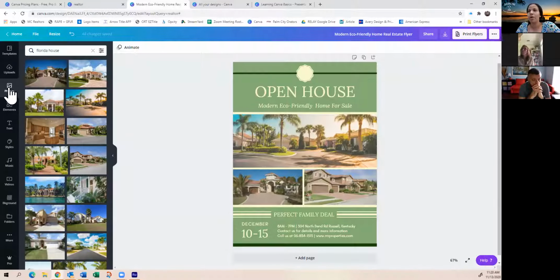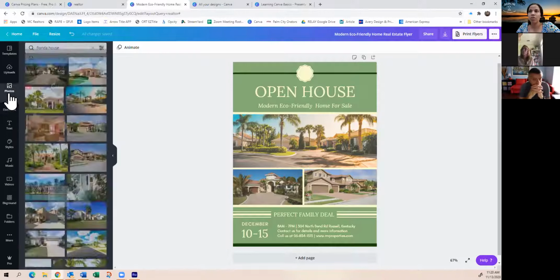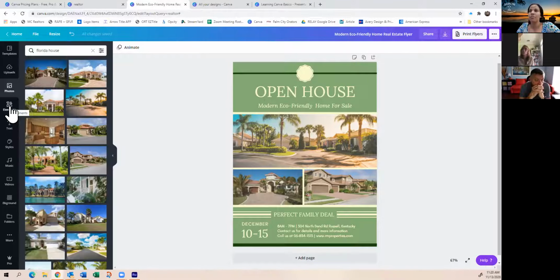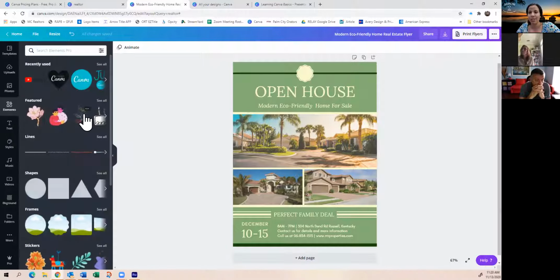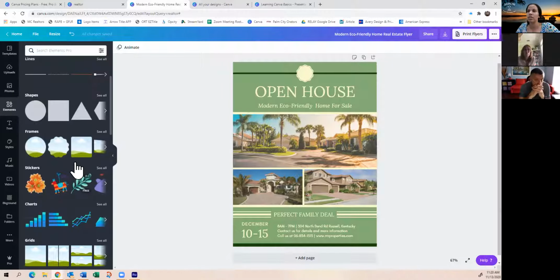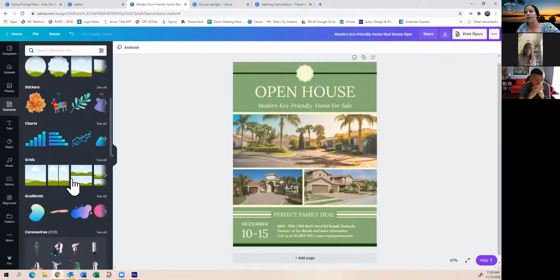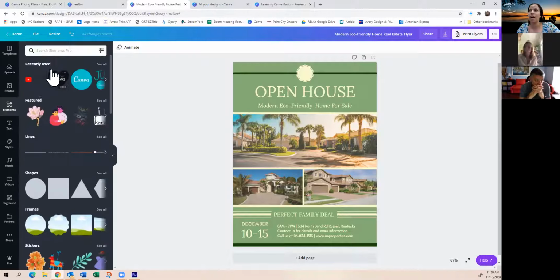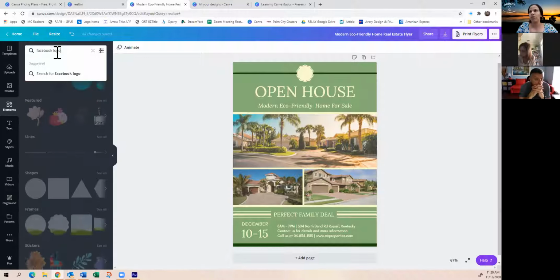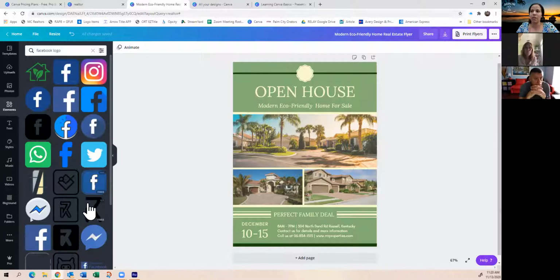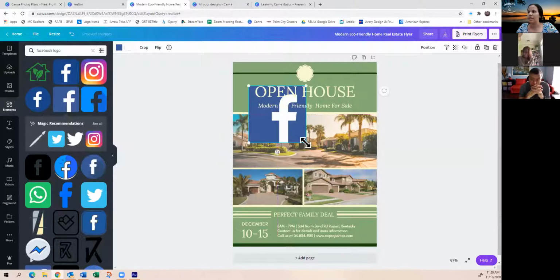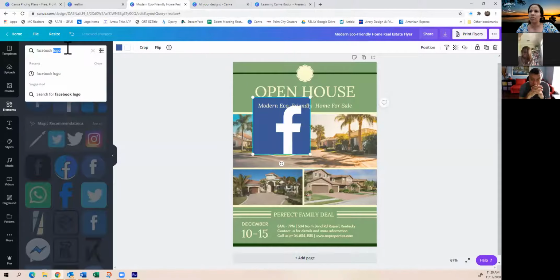So that's just using those templates that you get if you're utilizing a template, or you can start from scratch. So going back over these elements over here, the photos are just pictures, right? And then there's elements, and elements are whether they be stickers or frames or so many different things. Let's say I'm looking for a Facebook logo, I can look up Facebook logo, and it's going to give me a bunch of different options, and I can click on that and input this in here. Or I can look up,